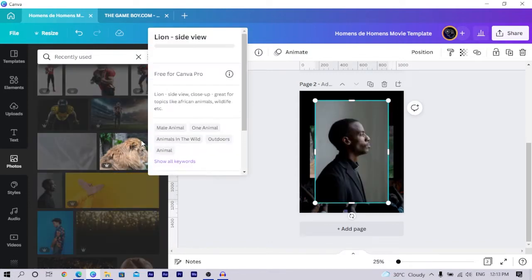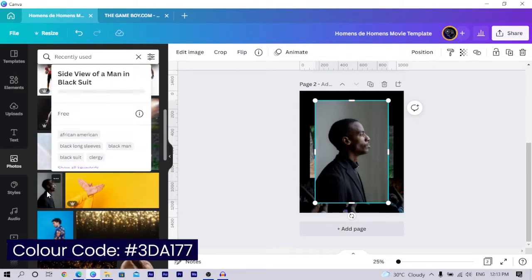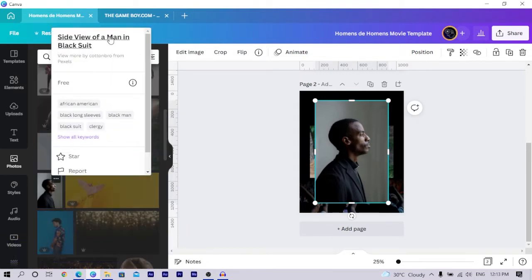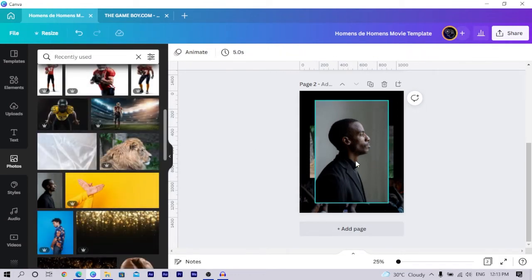So with the lion you just have to search for lion side view. And with the man you also have to search for side view of man in a black suit, or suit, anyhow you get to mention it. Then the next thing we are going to do is to remove the background of our images,